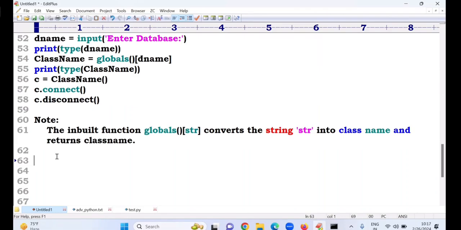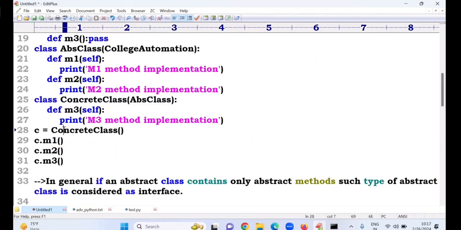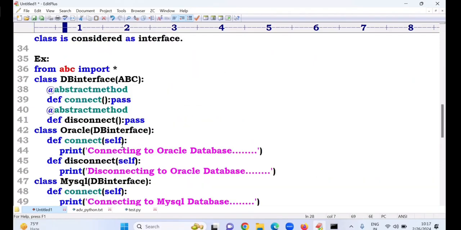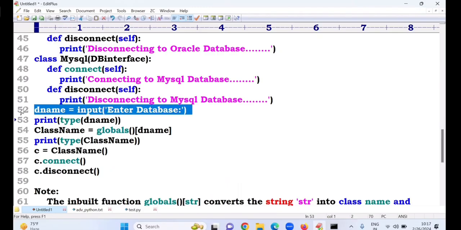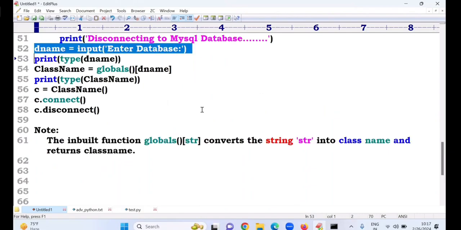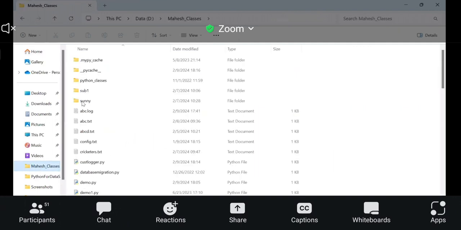Sir, for example, first example, see this. Directly, I created object calling. Second example, dynamic input I have taken by using the input function. My third example, you know already file handling concept, how to read the data from the text file. I have one text file in the D Mahesh classes. The file name,